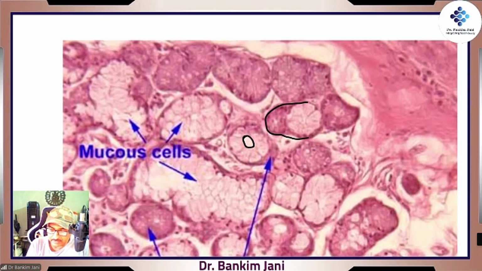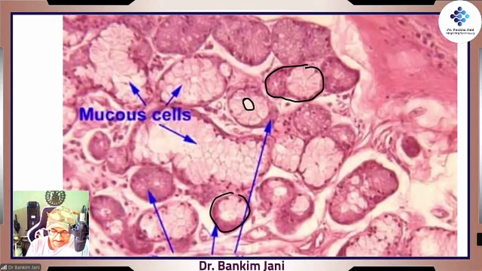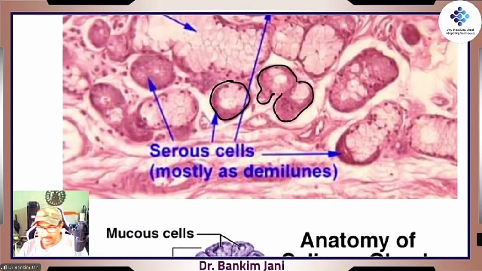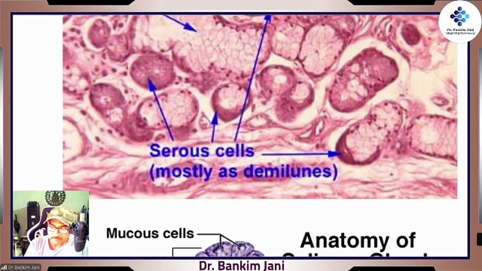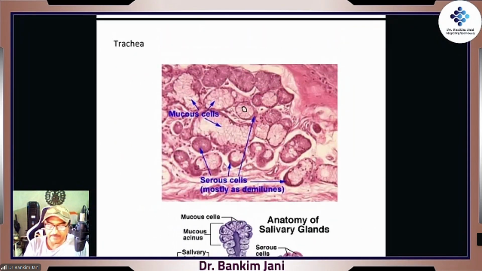Right here, sometimes the cap might be bigger. See all those variations. These are mixed. Here it is the demilune. So these are the serous cells, and over here they are the demilunes. If this slide comes in the histology exam, and the arrow is over here, then this is the classical appearance. In exam, you will always be asked a classical appearance.